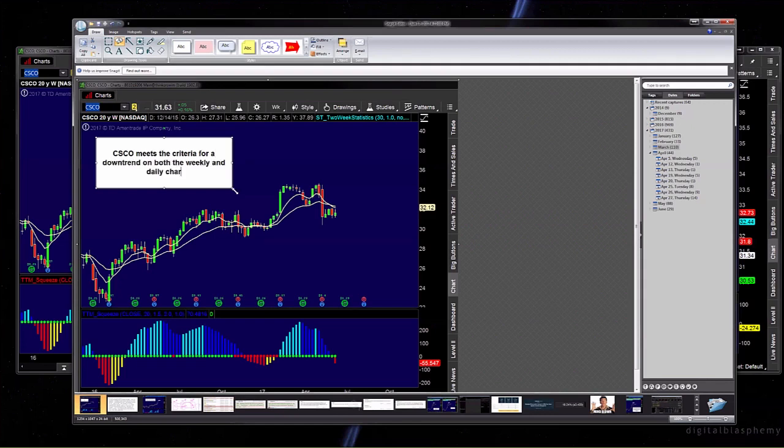My plan is to sell a 60 delta call and buy a 30 delta call as protection, with the idea that Cisco will trade sideways to down,